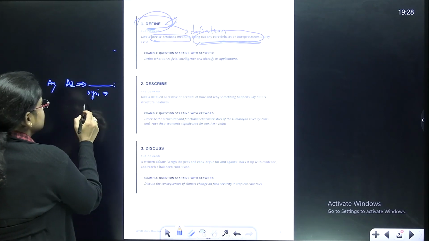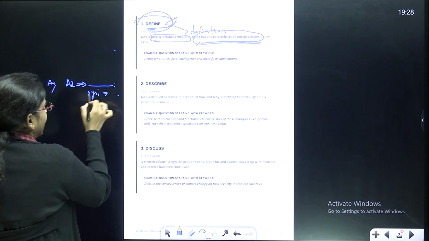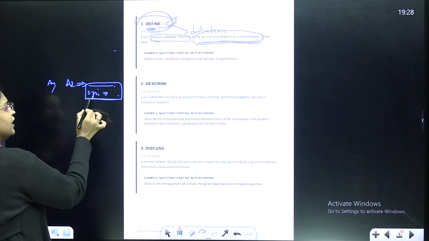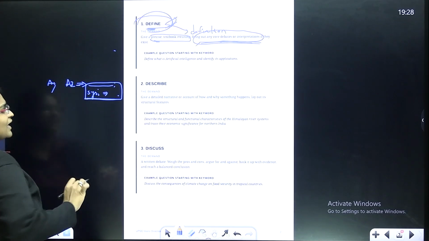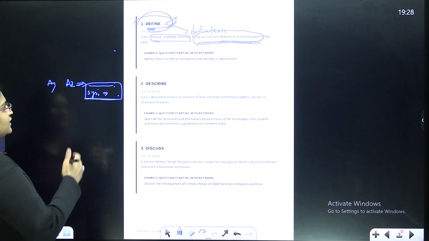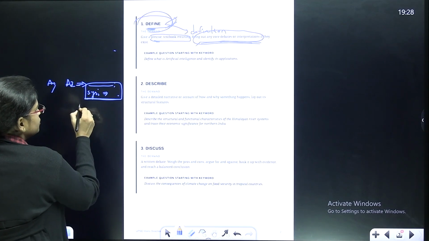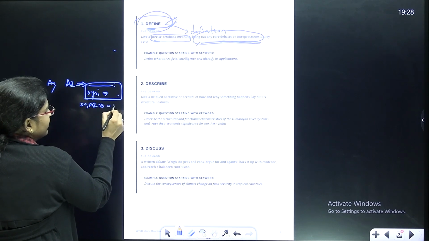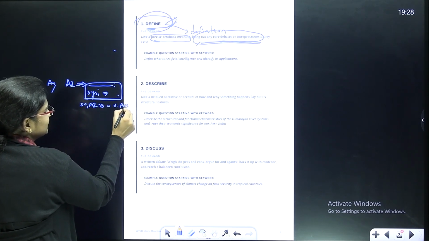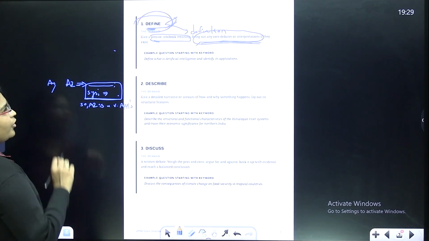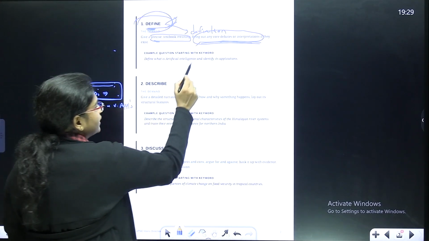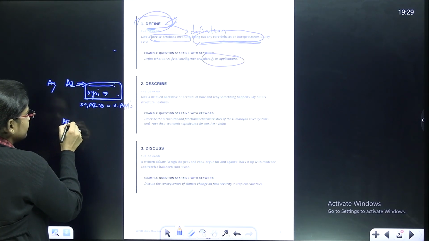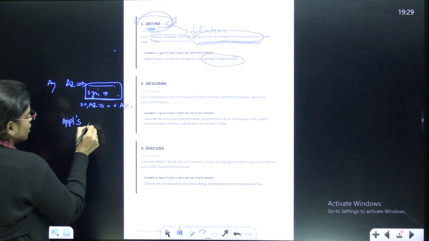Now, the introduction is done by writing the definition of artificial intelligence about simulation of human intelligence and the tasks done by the system. Now the thing is that here I will write, artificial intelligence is used in various applications. Let's discuss. Okay, now here in the body part, they are asking to identify the applications. So here in the body part, I should keep the side heading called applications of